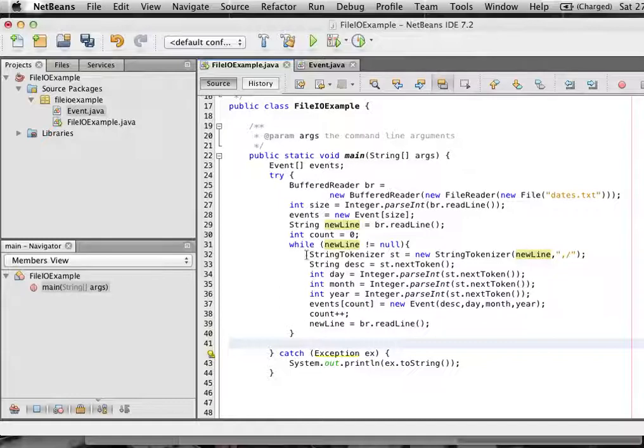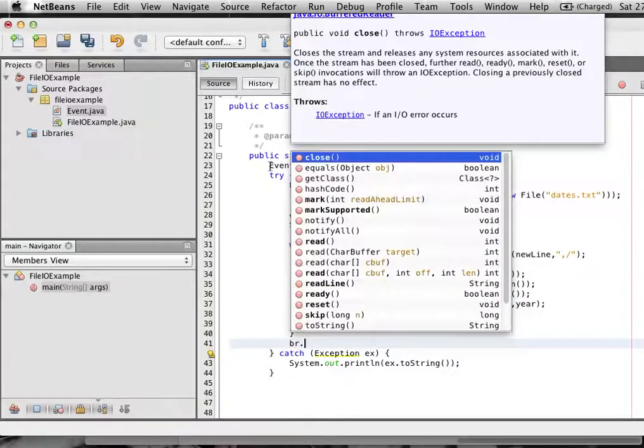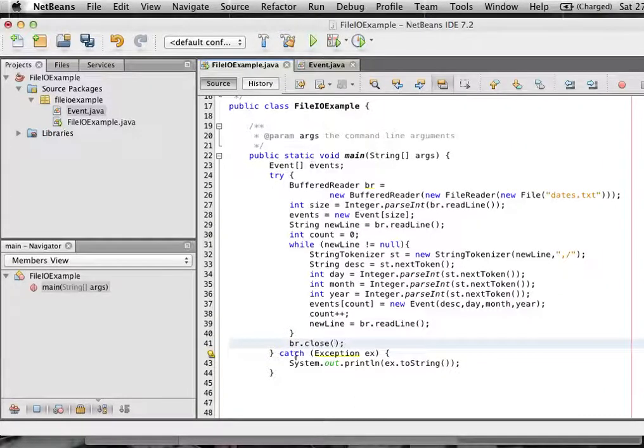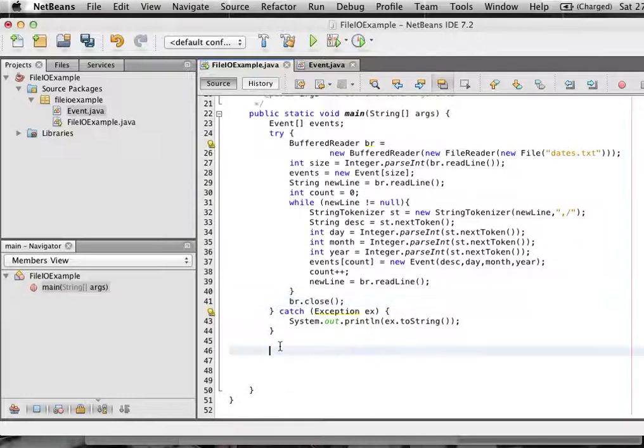The last thing we should do, once we get down to here, newLine is equal to null, we've reached the end of the file, so we should do a BufferedReader close method, just to make sure it's all closed off. And then what we can do is something like for int i equals 0, i is less than events.length, i plus plus, System.out